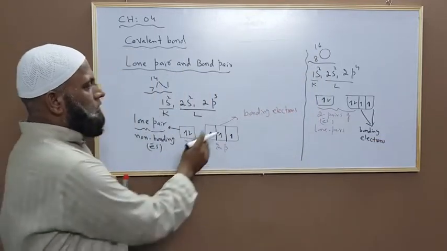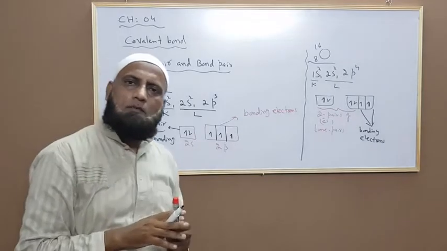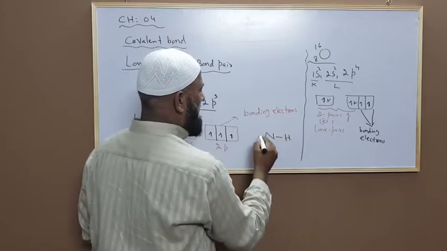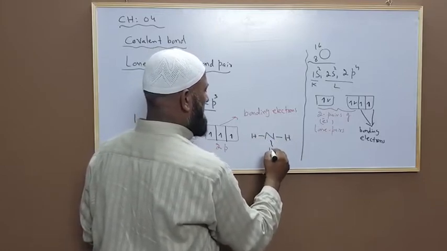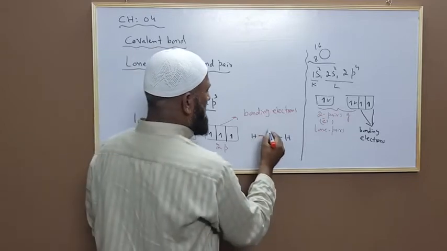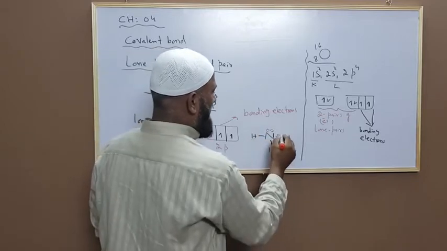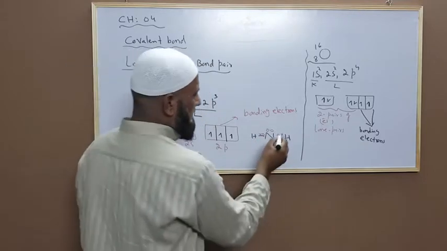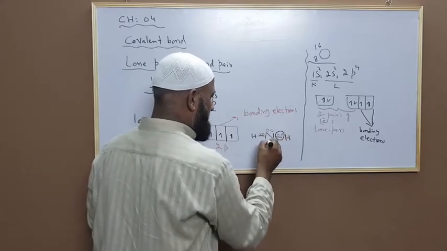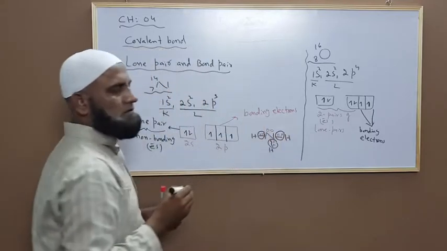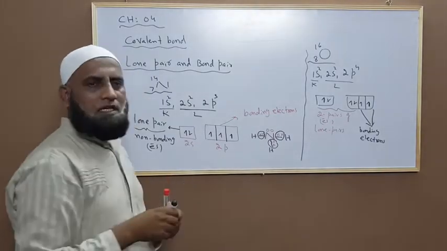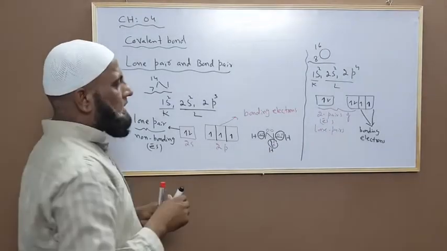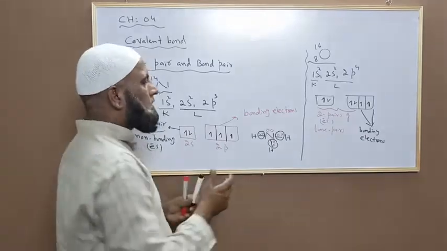In nitrogen, there are 3 bonding electrons. That's why nitrogen makes 3 single bonds. For example, nitrogen makes bonds in the case of ammonia. In ammonia, there is one lone pair. And how many bond pairs are there? There are actually 3 bond pairs. 1 bond pair, 2 bond pairs and 3 bond pairs. In ammonia, there is one lone pair situated on the nitrogen, and overall in making the 3 covalent bonds, we need 3 bond pairs.